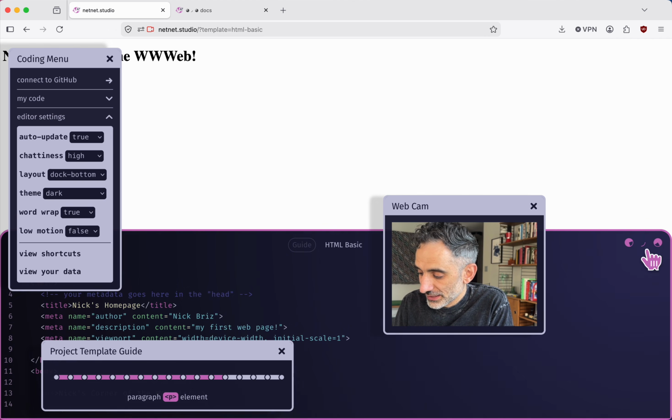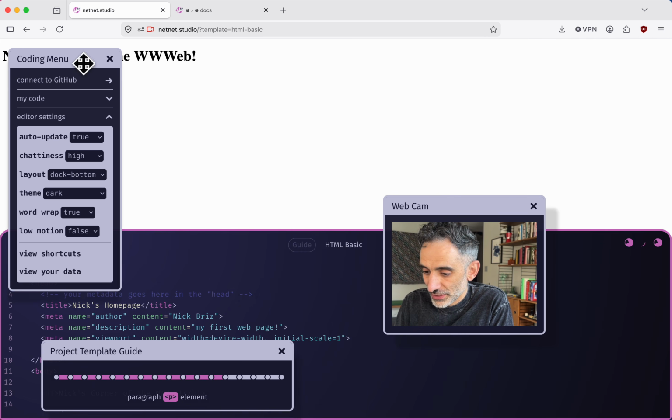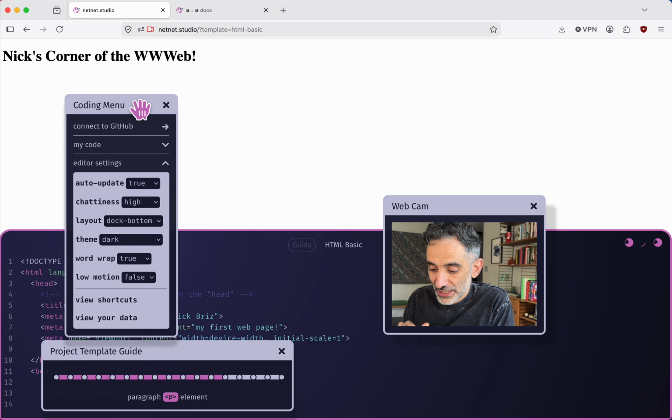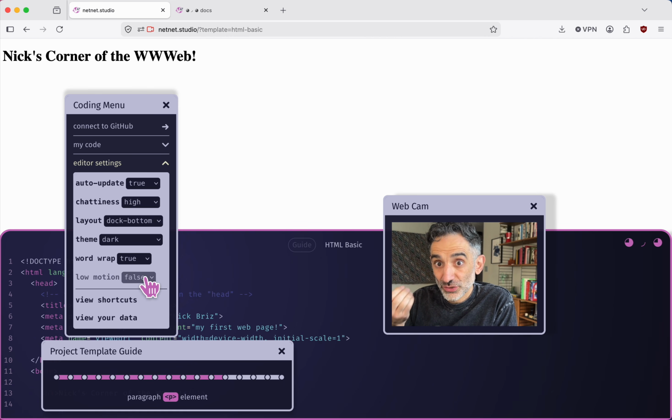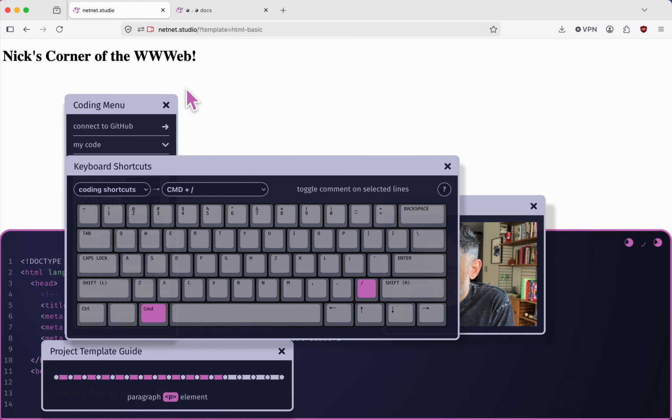And now if netnet keeps talking, the speech bubbles will be over here, and I'll be able to see what's going on in my page. I can also change the layouts using a shortcut key. So if I open up that shortcuts widget again,